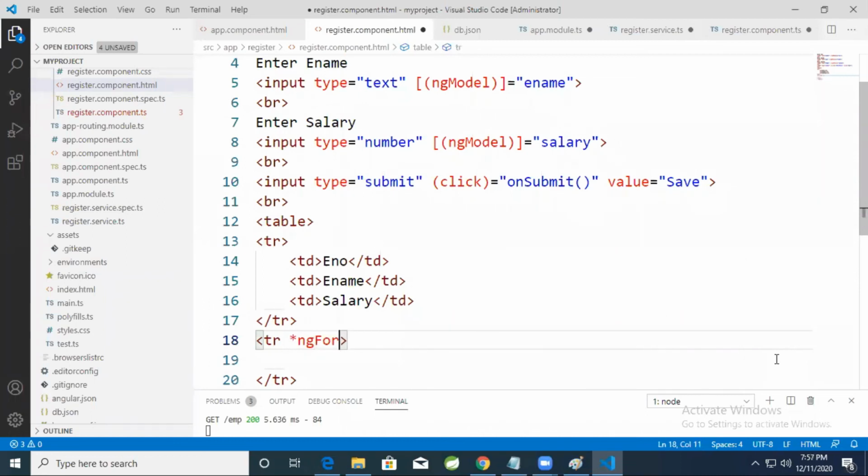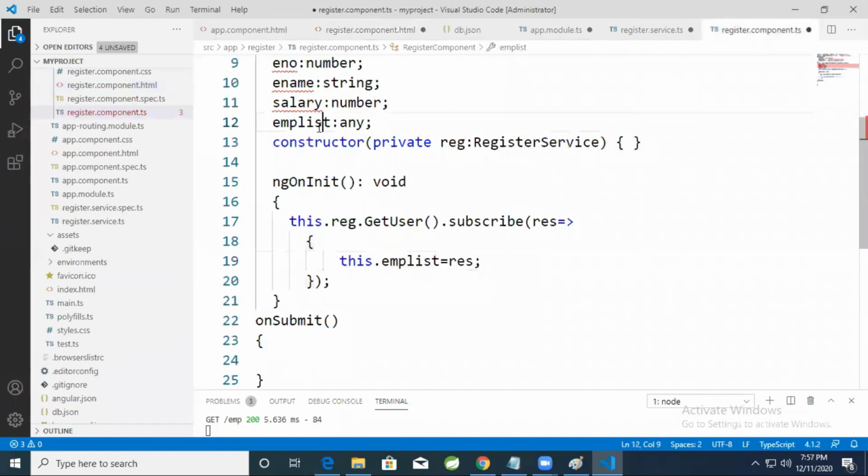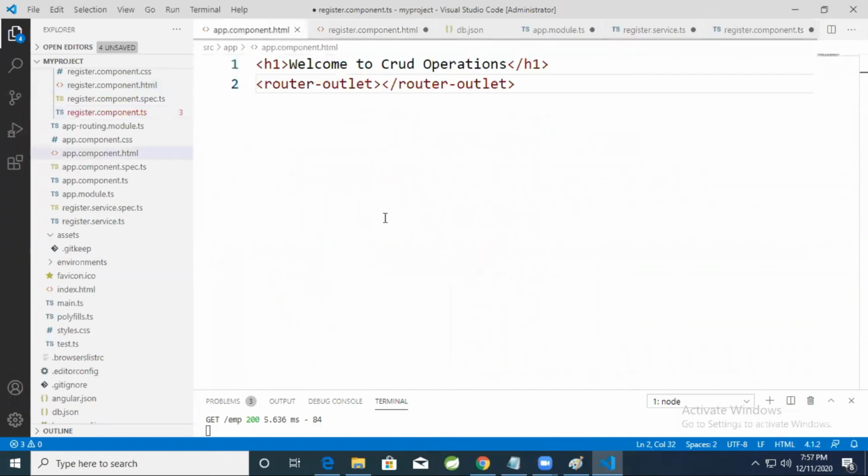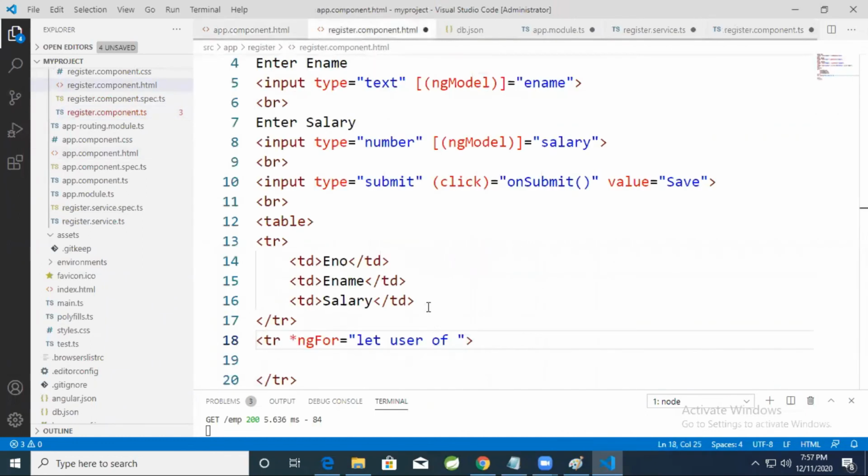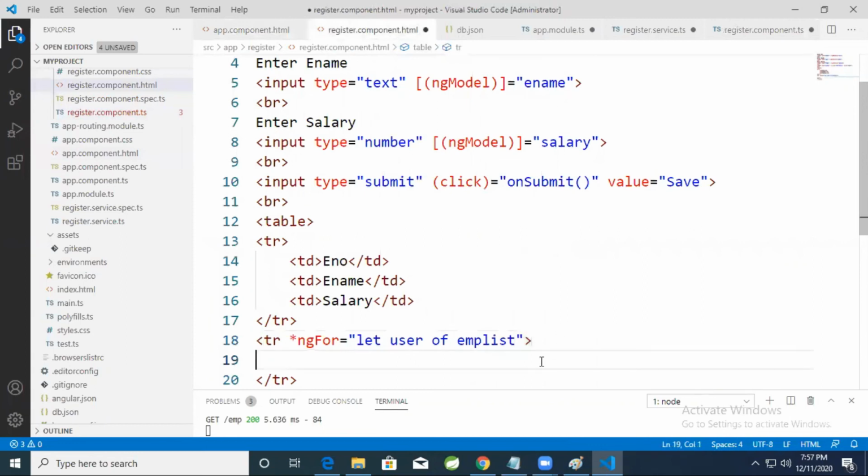I'll explain clearly. ngFor is equal to, here I'll try to write something like this. let user of some collection name. What is your collection name? This name, emp list. Yes or no? Here you can go to component.html, emp list. Is it clear, everyone? Now within this loop, what I will do, I'll open one td tag.